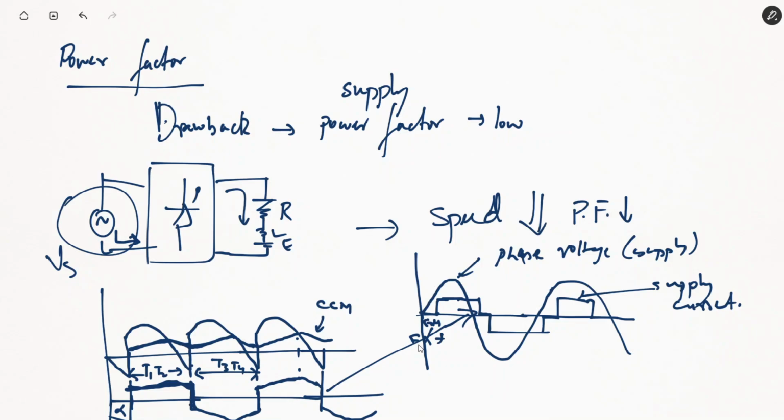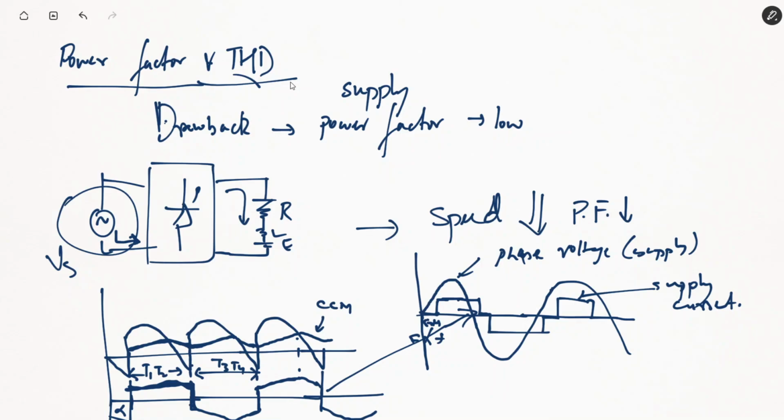So more or less, you can see the source current is rectangular. So इसकी जो, if we can calculate, if you have already seen the THD analysis, you have done the Fourier analysis of this current, you can see all harmonics, the third, the fifth, the seventh harmonics will be present in this supply current. So the power factor of the supply current is poor. The THD, the harmonics in the power factor, they are also poor. So that is one drawback that is associated with thyristor-based rectifiers feeding the RLE load.